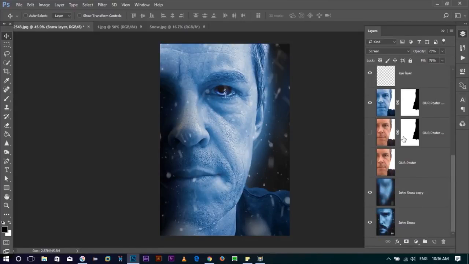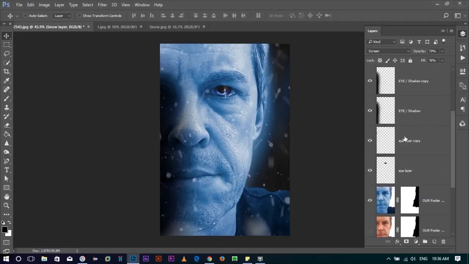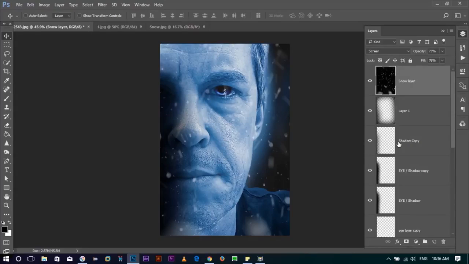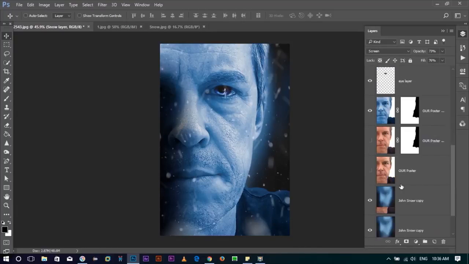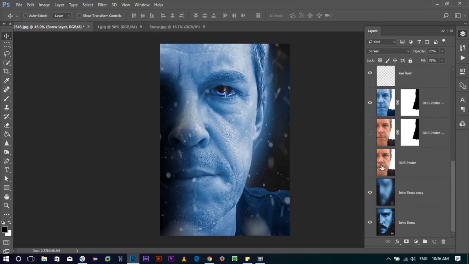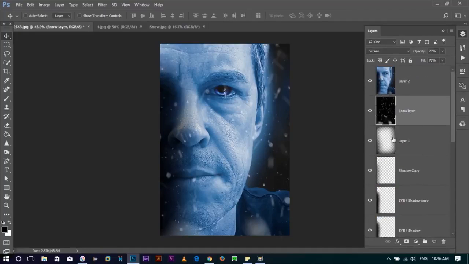for your image. When your image is looking like this, just hit Control Shift Alt E on your keyboard. It will create a new layer out of all your visible layers here. Not these two layers, other layers that are visible. It will create a new layer out of them. So I'll rename it as